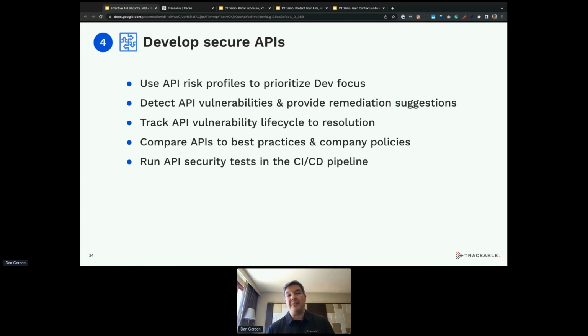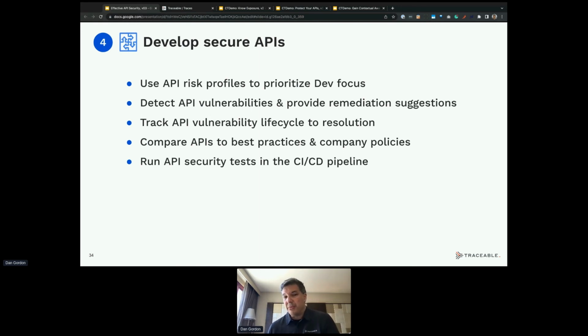And the last, but certainly not least, is developing secure APIs. What should we think about that? Well, there's a lot we can do there. For example, we have those risk profiles or risk scores for each API endpoint. That allows dev to be efficient in prioritizing what needs to be fixed first, what is the most risky, and even getting deeper and seeing the data about why it was considered most risky, to help, again, even further focus on what needs to be resolved to make it less risky.